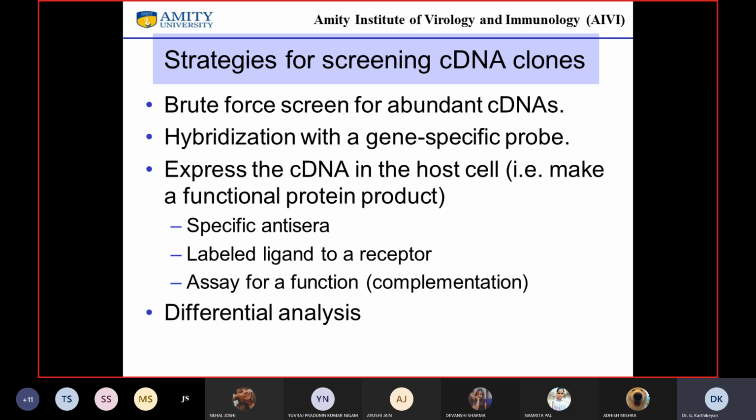They're expressing a ligand, and you can express a specific receptor and find out which is the clone of interest, or you can simply do a complementation the way we saw in that MIT lecture. It can be looking for a function. It could be a leucine gene, an arginine gene, a histidine gene, or a uracil gene. Or you can also do what is called a differential analysis.